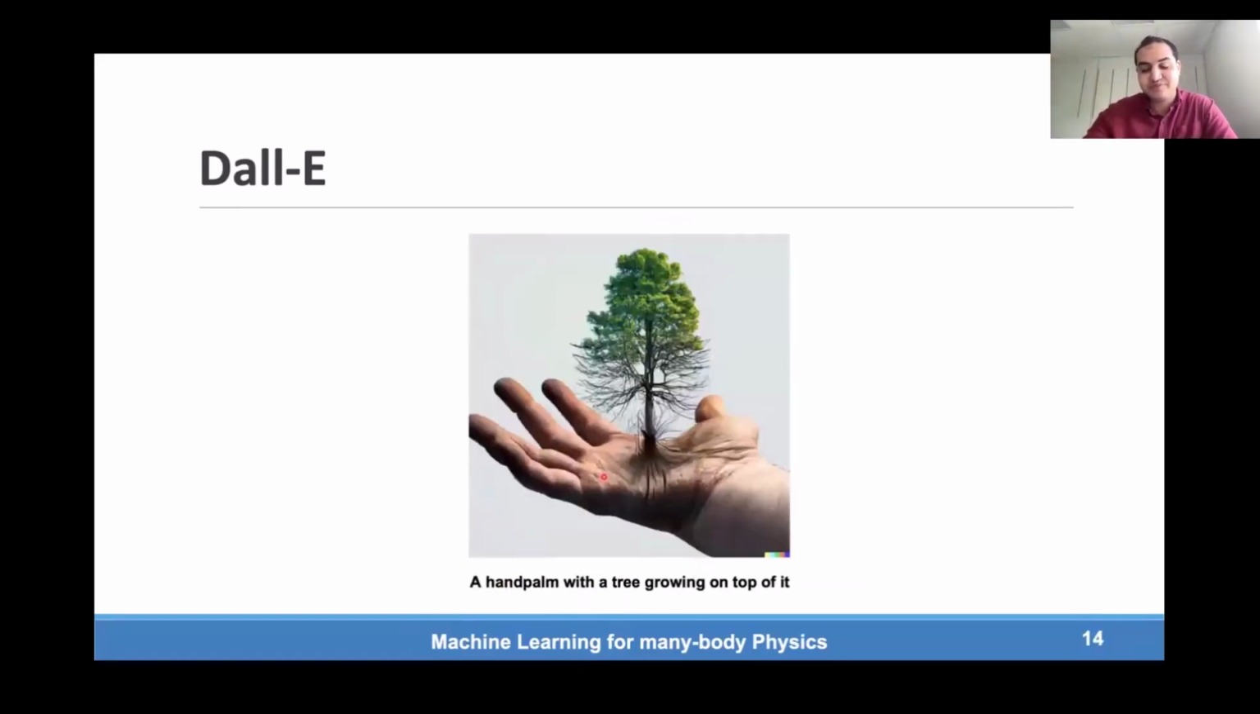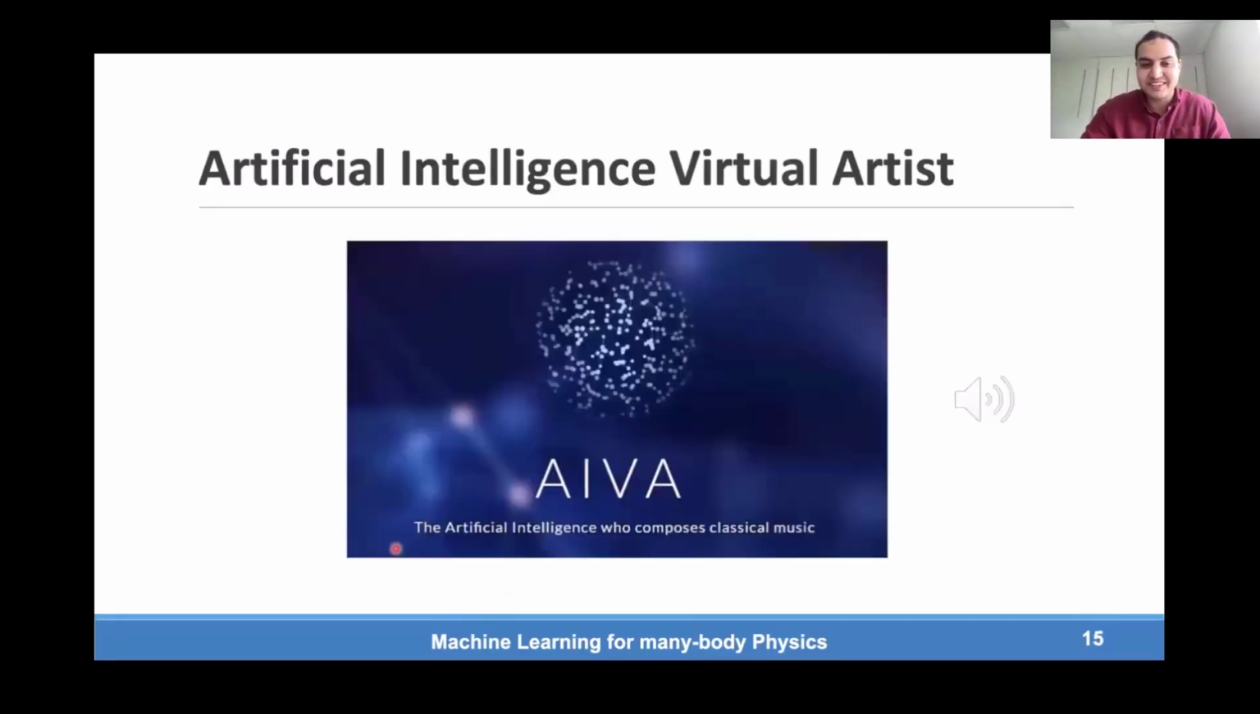You can also imagine situations that might not exist in reality. So here I asked to generate a tree growing on top of a hand, and that was also impressive to see. And even more impressive, I also wanted to share with you this sample, which was generated by tools from machine learning,